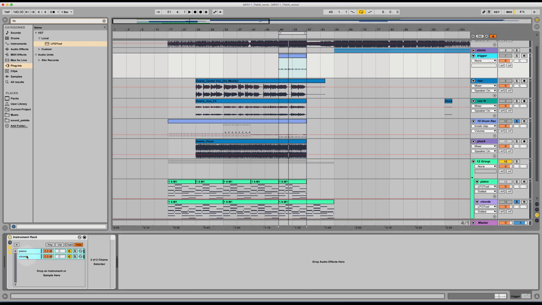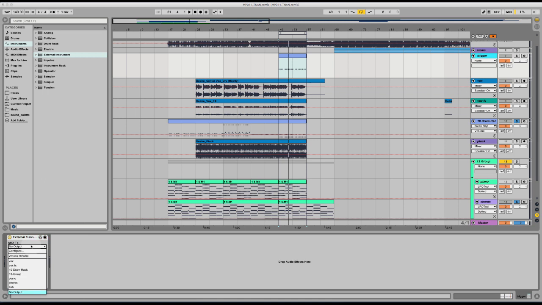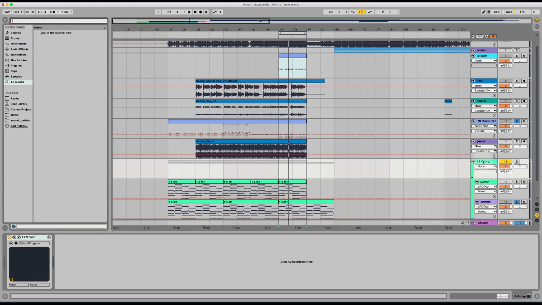Let's get rid of these, and let's get rid of this thing. We don't need to group the external instrument anymore. We could just send this to the group, and let's rename this to